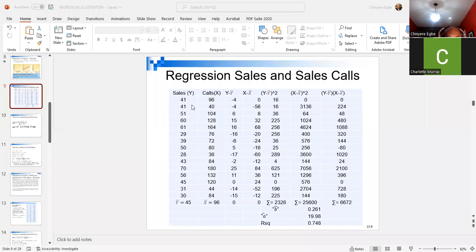Okay, so here I looked at sales calls and the number of calls. If you're a salesperson, the more calls you make, the more likely you're going to sell. If you call one person, by random luck alone, that person may not want to buy. But the more people you call, the more likely you are to sell. Now, in order to estimate, remember we said we're going to estimate